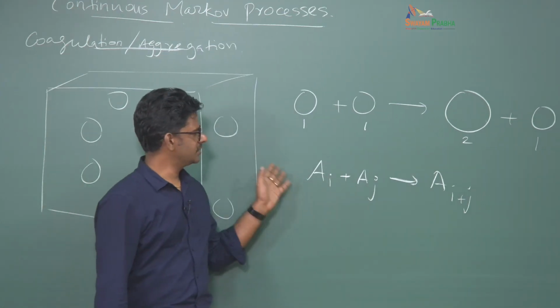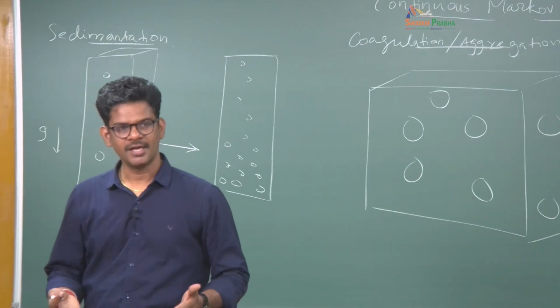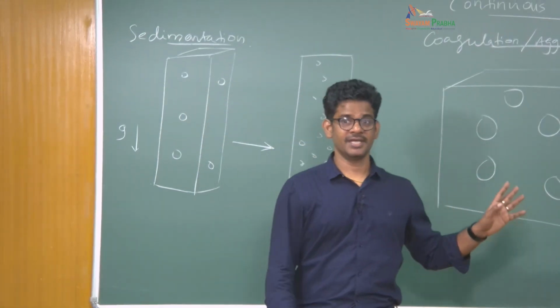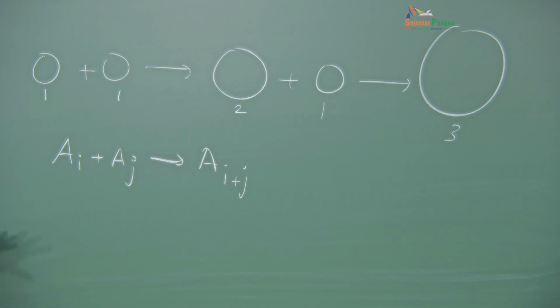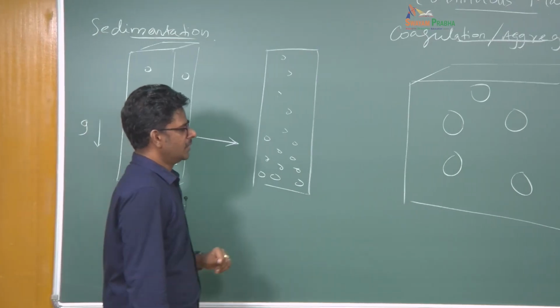So essentially this problem can be cast into the form of a chemical kinetic formula. If you recall, we did this problem in the chemical master equation also, aggregative growth. So now we are looking at the same problem from a continuous Markov process with some additional information that we can draw from here. Okay, so